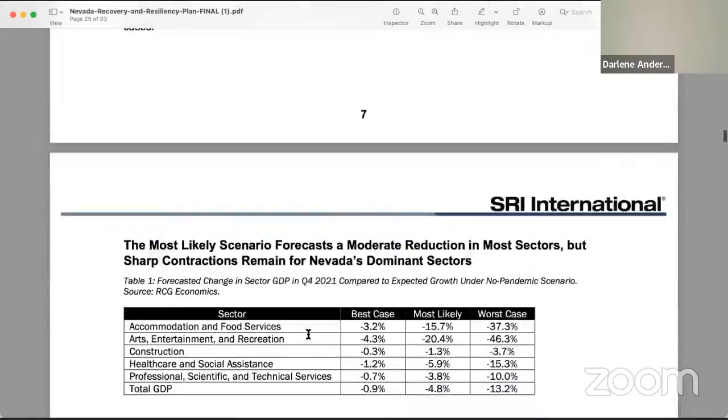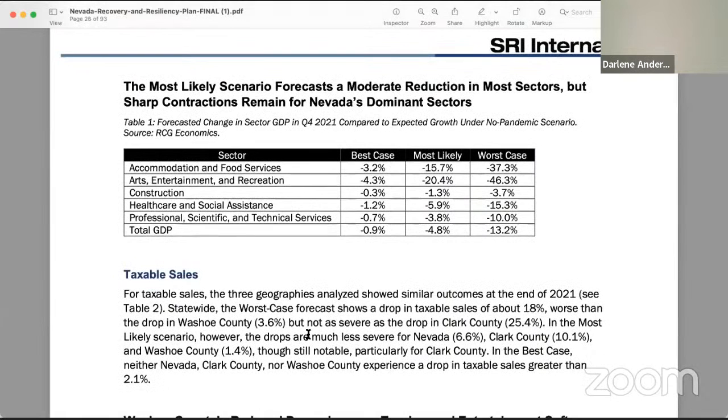the following tables. Accommodation and food services shows the widest possible range of outcomes at the end of 2021, from 3.2% less than the no-pandemic scenario in the best case to 37.3% less in the worst case. The most likely scenario shows a 15.7% change. Table 1 provides the forecasted change for selected sectors of Nevada's economy based upon the expected growth under the no-pandemic